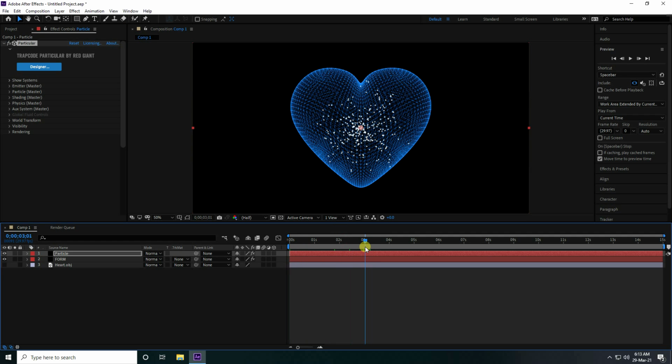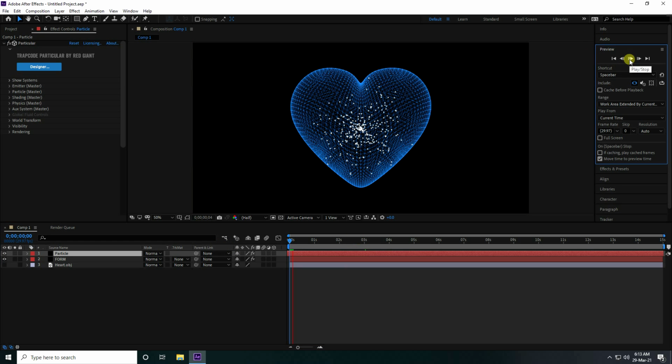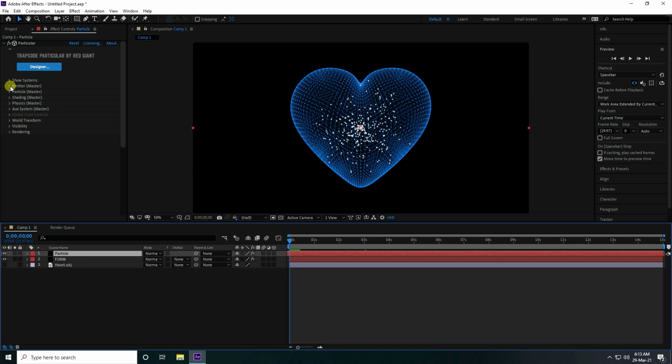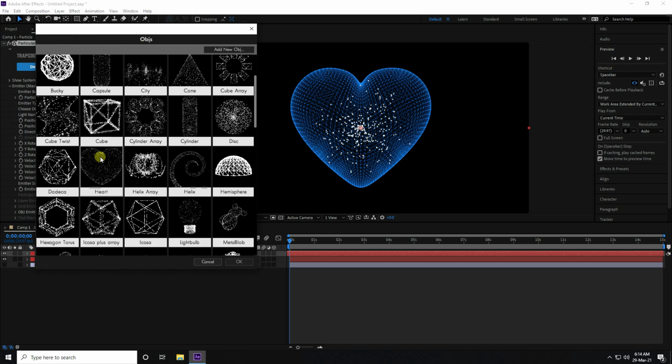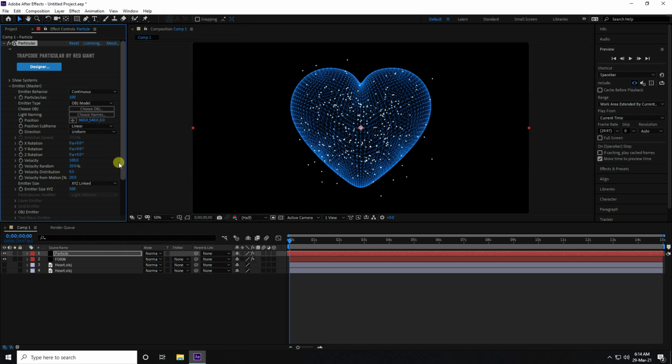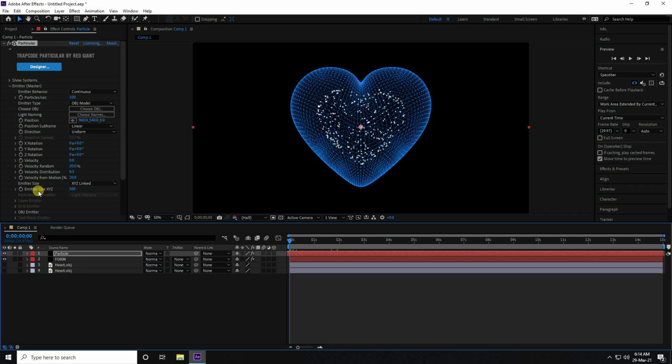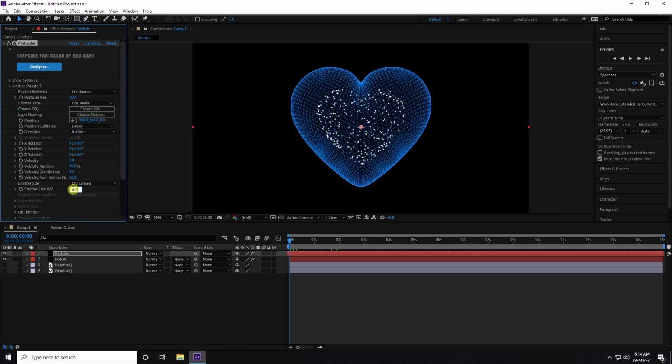Okay, so guys select this layer and go to shift layer like this and increase. So go back and play. Yes, see guys, right? Okay, so now guys same, go to Emitter and Particle Type. This one, Emitter Type I like OBJ Model, and take your model. So click on here and same guys select this heart model. And guys velocity I like 0. And same, emitter size I like 800.